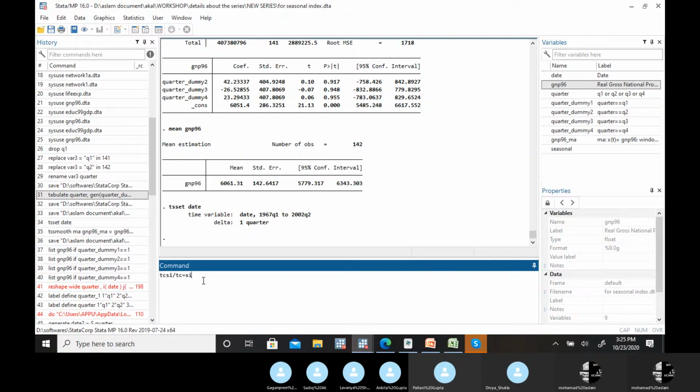First we have to find the seasonal irregular component, then we have to eliminate the irregular changes out of that, and then we will be left with only the seasonal changes. So we are going to eliminate these irregular changes. To do that, first we have to find this cyclical irregular component. For that we are going to divide the actual data by trend and cycle.